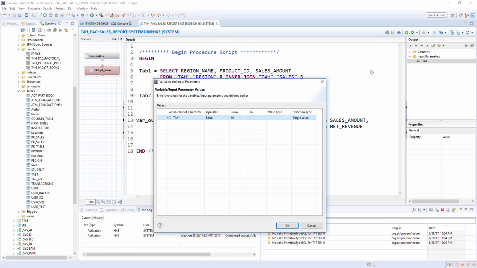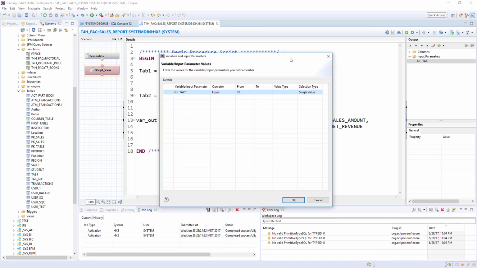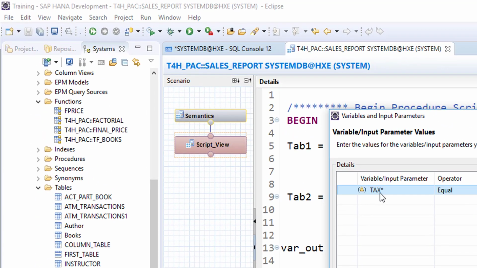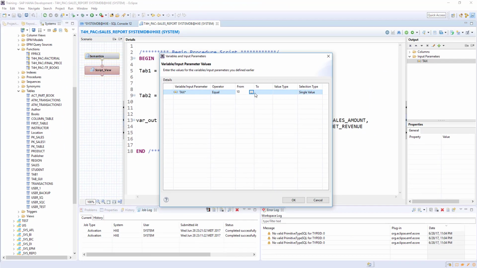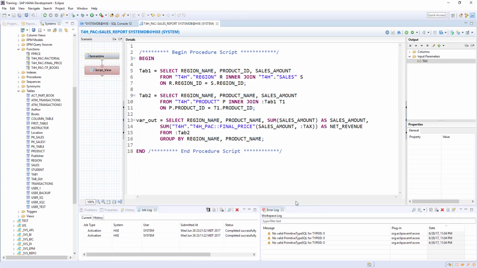When you run a calculation view which has input parameters or variables, it will give a screen to choose the values. So tax is 10, and I can change it to 15, 20, something like that. If you observe here, there is a star mark, and that star means it is mandatory. It's coming from the BW BEx variables; similar to the BEx variables, if you have a star, it is mandatory, and selection type is single. You can give only one value. So I'll execute that,